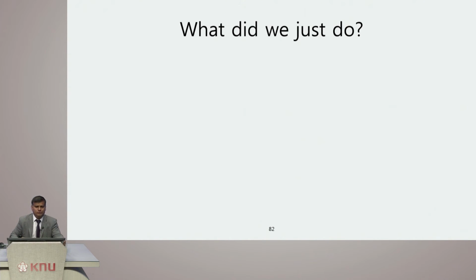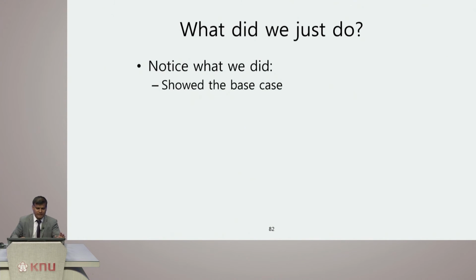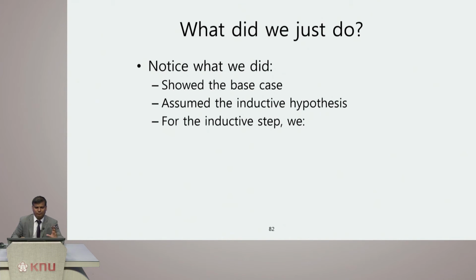So the way we express this recursive form of proof: we showed the base case to be true, then we assumed the inductive hypothesis as before. After assuming the inductive hypothesis, our next task is to prove the inductive step. Yeah, we proved the inductive step. So for the inductive step,